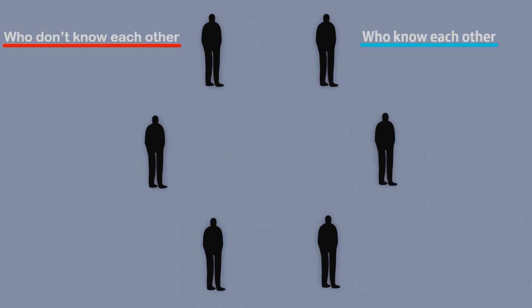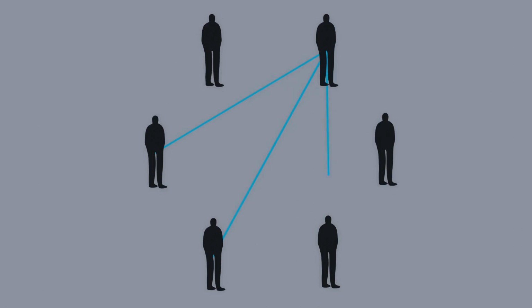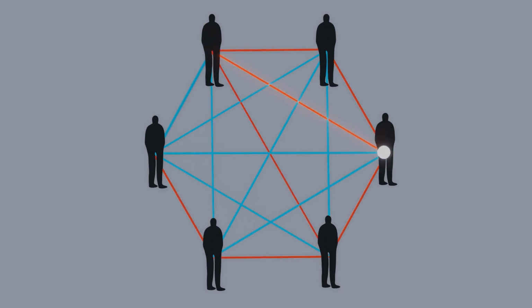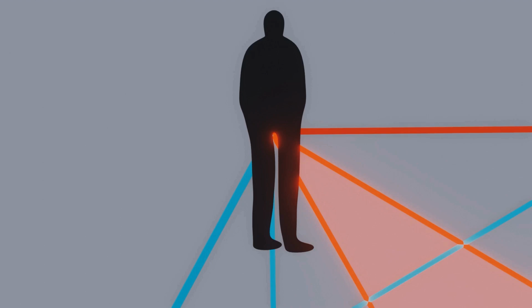Now here's the interesting part. No matter how we draw these lines, we'll always find a triangle with either 3 people who know each other or 3 who don't. This is guaranteed to happen in every possibility, kind of reminiscent of our theory in tic-tac-toe. Let me explain why. Each person has 5 lines connecting them to everyone else. Since there are 5 lines, at least 3 of them have to be the same color. So no matter what, you'll end up with a triangle which is either blue or red. So the answer to this question is 6.